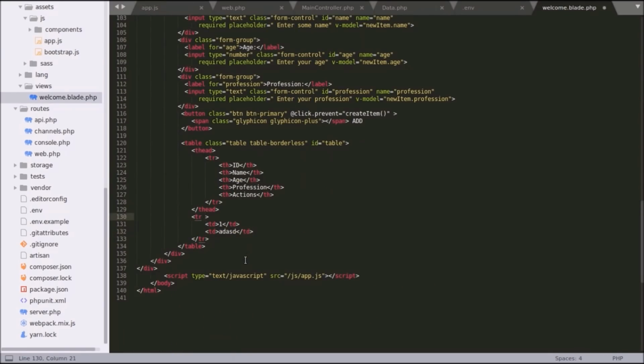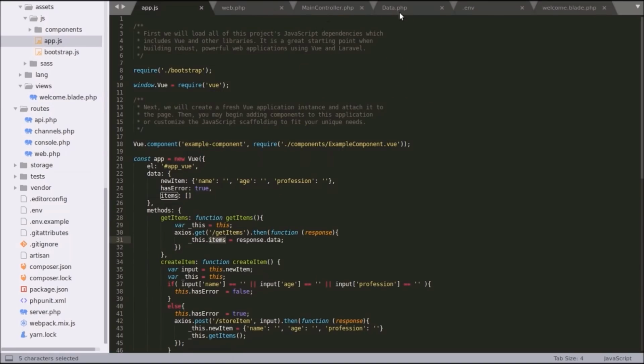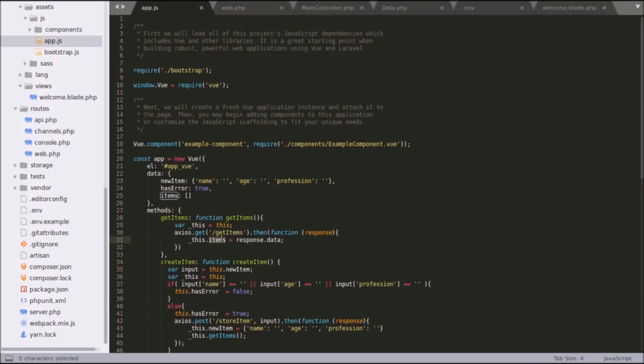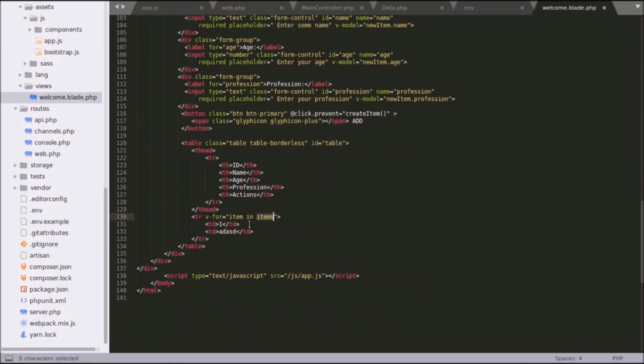For looping there is a Vue directive called v-for, and that can be written as item in items. Actually we are looping every element in items, as all the data is stored in this items array. So we are looping items as item, and here we can write as